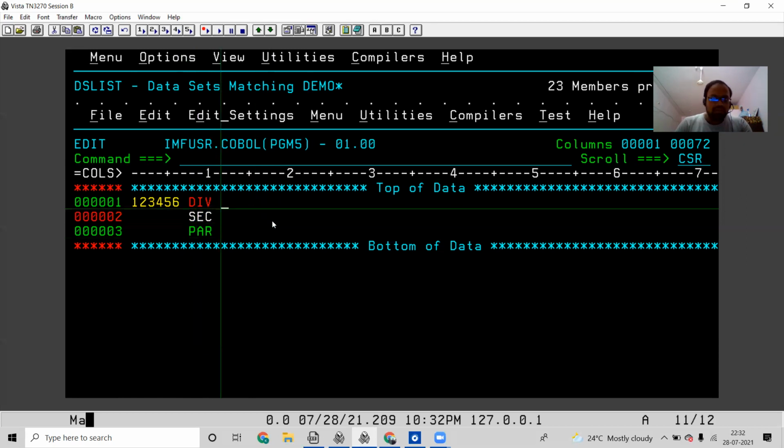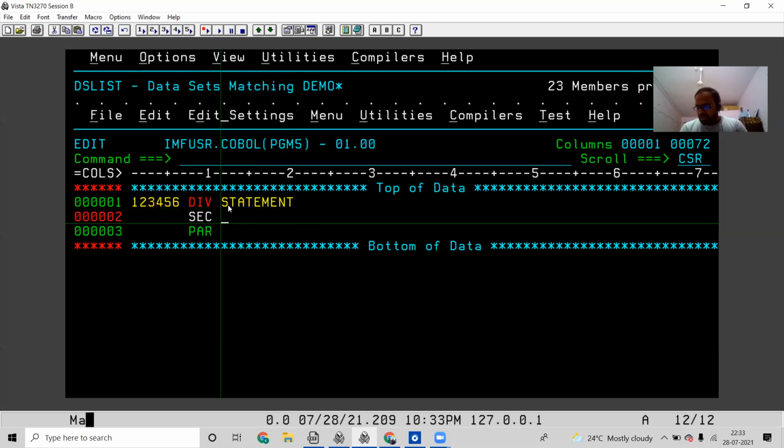Now coming to the 12th column, from the 12th column we will be having statements and sentences. So these two things we are going to have from the 12th to the 72nd column.